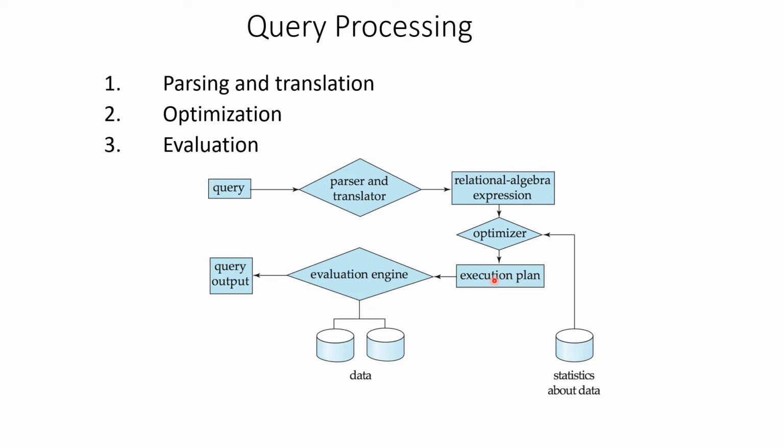because this execution plan, once made, is saved, and then if you have to rerun that query, this same execution plan is made to run, and we can save the memory or processor resources, basically that time. Then we come to the evaluation engine. Here the data is evaluated, and according to the query, the input that we have given here, the output of the query comes out this side. So this happens in query processing.